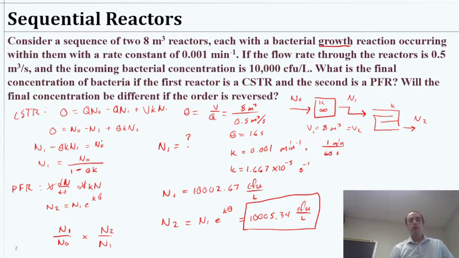So that's kind of the big picture there. And if you just take a quick look at the derivations, I say, okay, for the CSTR, we start with our typical mass balance, steady state, and we have N1 equals N naught over 1 minus theta K. It's a growth reaction. And then the plug flow reactor, we have a similar thing, and we can come out with a final answer. We could also do the same problem and see what happens if it's reversed. I don't think I did that here. So if you'd like that, feel free to take that as a practice problem and make sure you can work out the same